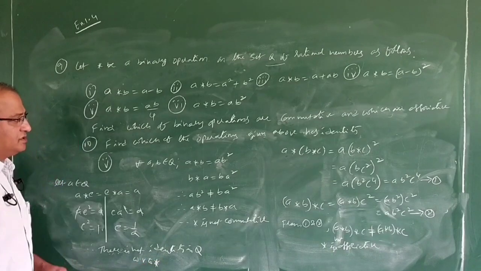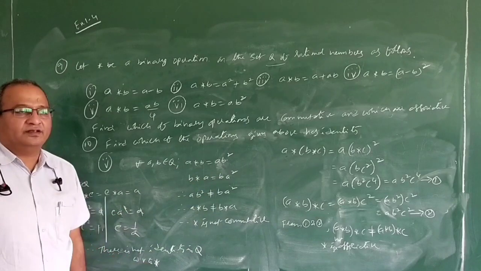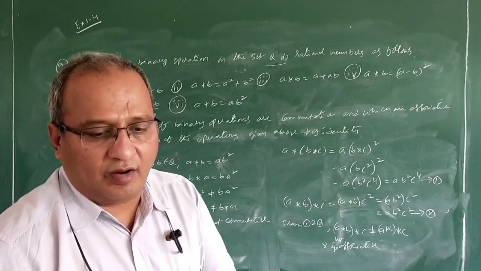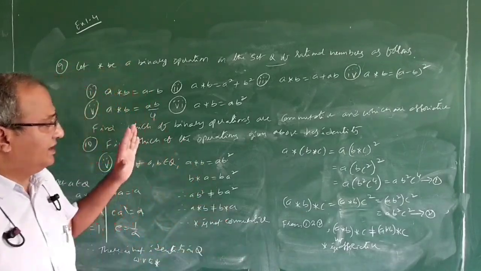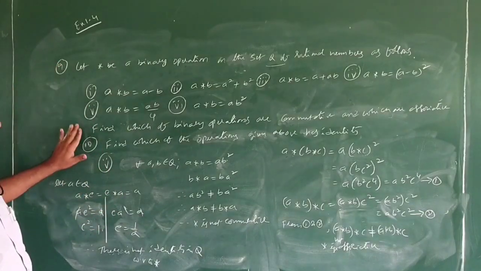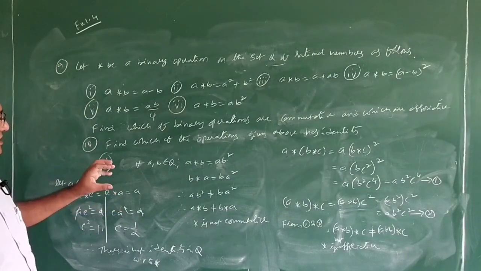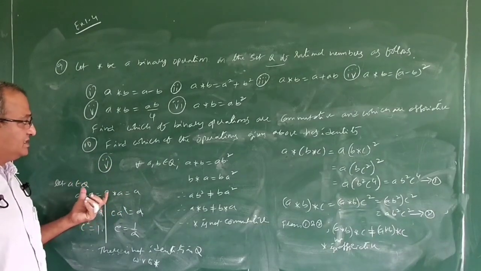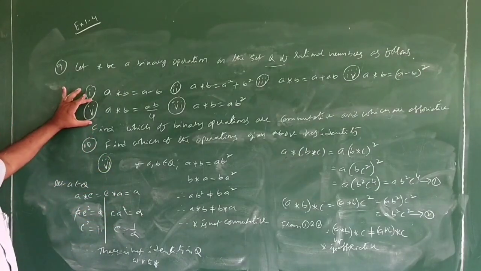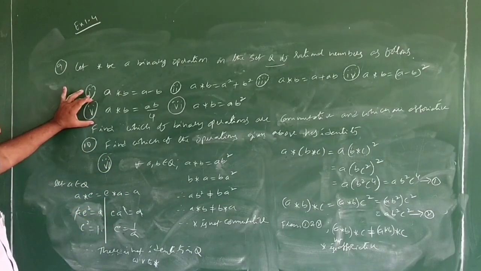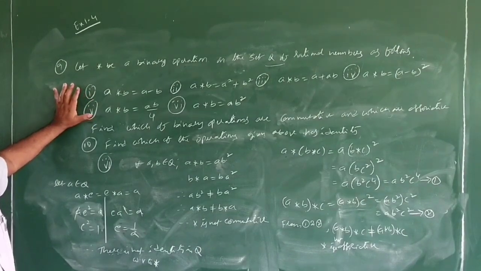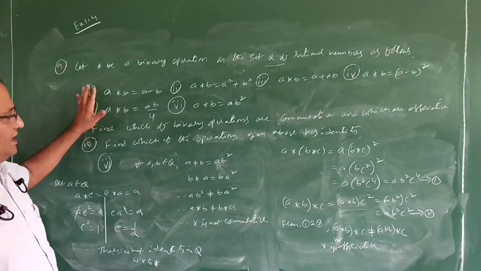So with respect to star, how we define it varies from problem to problem. Finally, commutative and associative I explained, and the extra property is identity, so it is covering both 9 and 10. In this operation, for the sixth one, identity is not there. Only the fifth problem has identity, because it satisfies A star E is equal to A, and E is also an element of Q. So this completes the 9th and 10th problem.